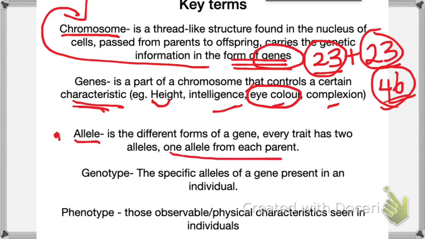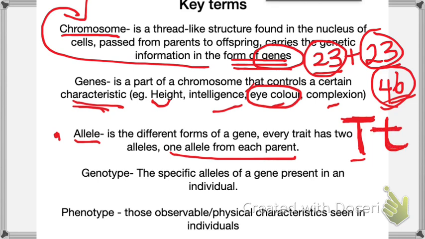So one allele from each parent. Right, so let's say the allele we are talking about, and you'll see when we do genetic crossing, the alleles actually are letters, capital letters and common letters. Let's say the allele we are talking about is height, and we will always use the dominant allele. We'll talk about this term in just a bit. Capital T to represent that dominant allele. So let's say your mother gives you that dominant allele and your father gives you that recessive allele, or the